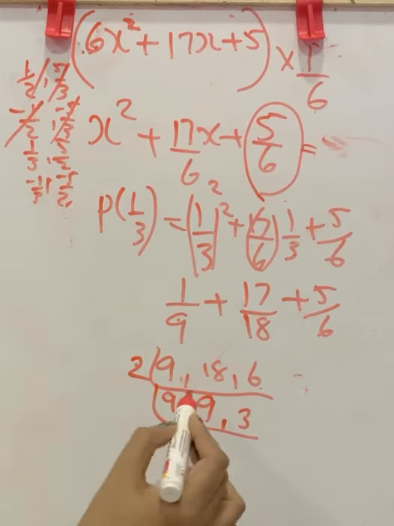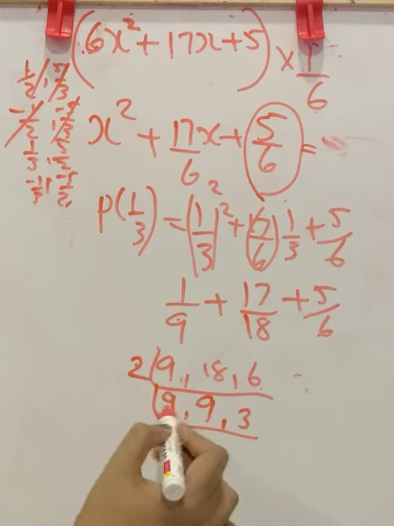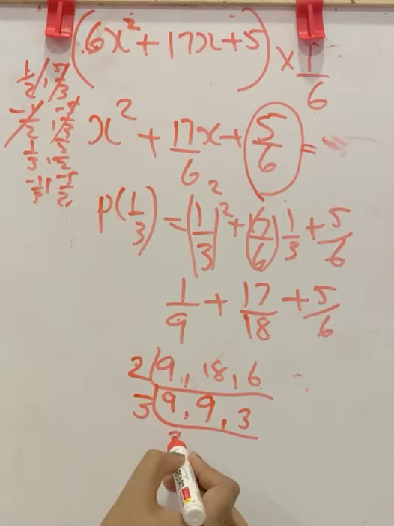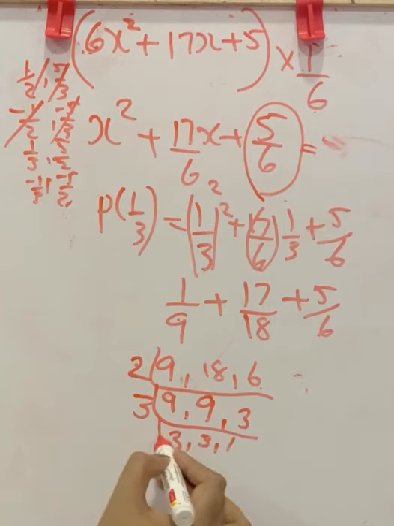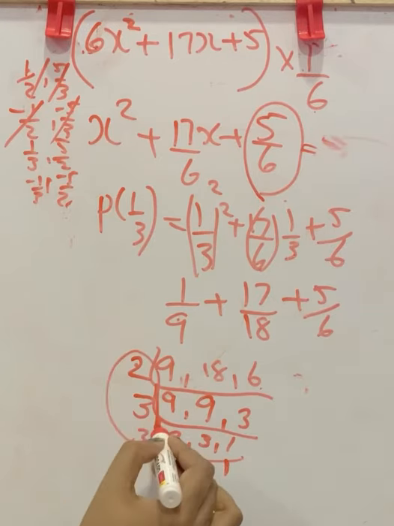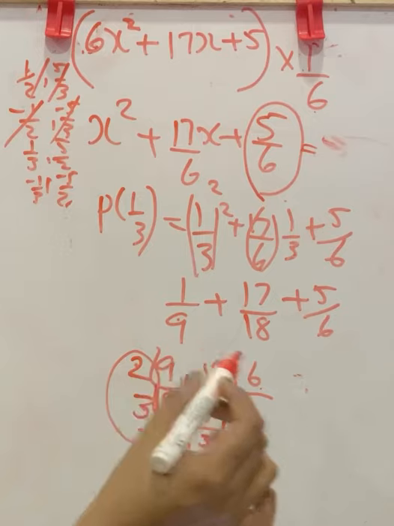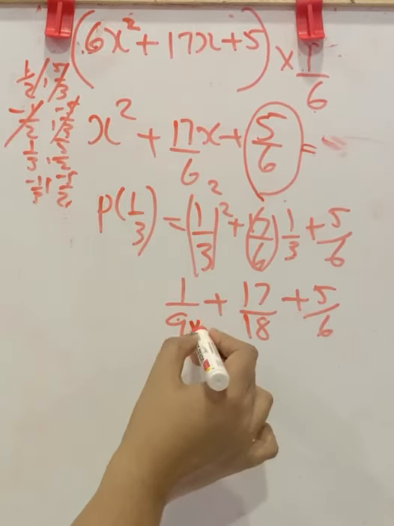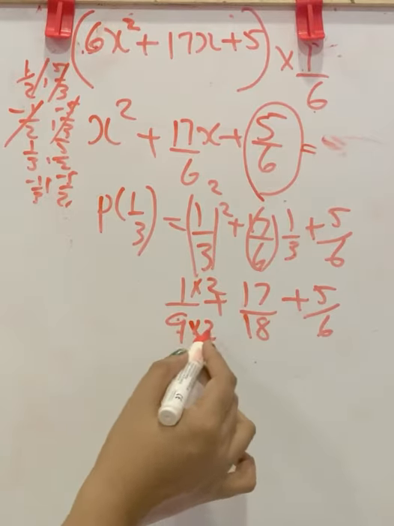Now in this 2 we can't factorize with 2 because it is not a multiple of 2. 3 we can do. 3 threes are 9, 3 threes are 9, 3 ones. Again 3, 1 threes are 3, 1 threes are 3 and this 1 here. Now here all are 1. So consider this and their product. 3 threes are 9, 2s are 18 is the LCM. Here into 2, that is 9 twos are 18.